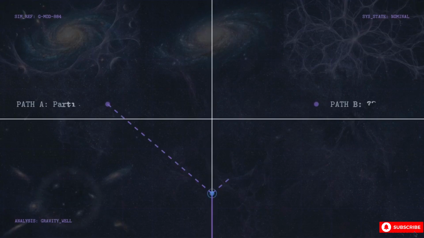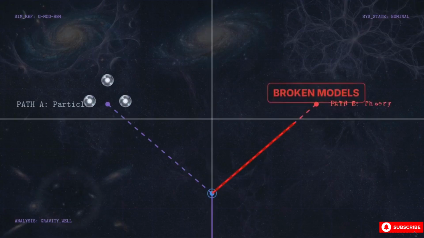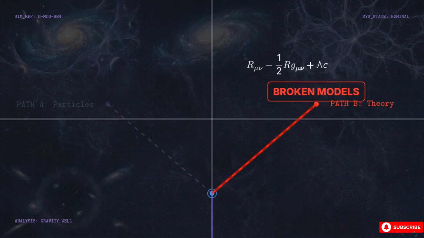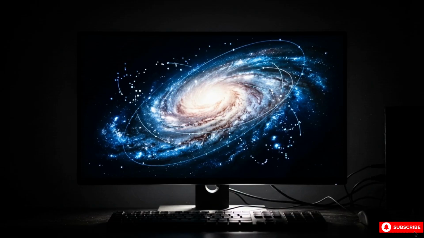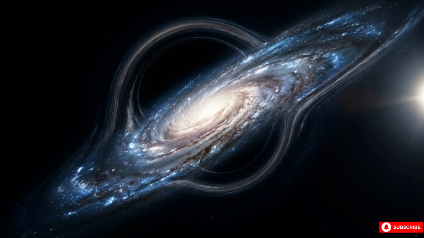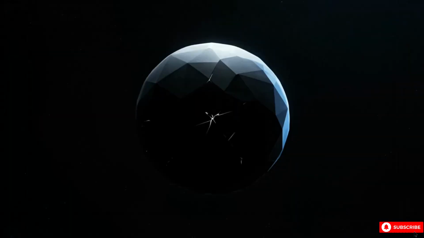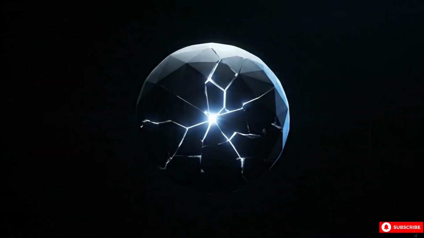Path B is a much more radical idea. It suggests dark matter and dark energy do not exist at all, and instead, the foundational equations we use to calculate gravity are broken on a cosmic scale. If our models of dark energy are correct, it could lead to the Big Rip. The Big Rip is a theoretical apocalyptic scenario where dark energy continues accelerating until it violently tears apart galaxies, planets,